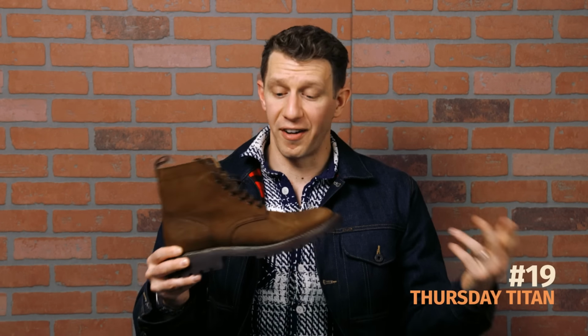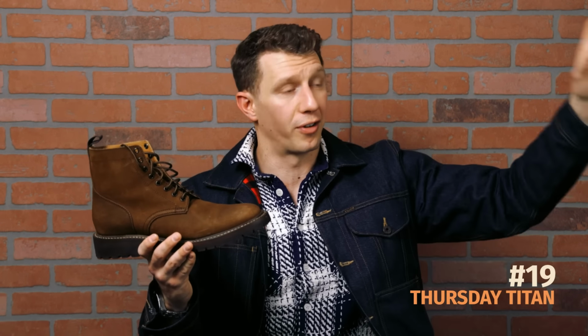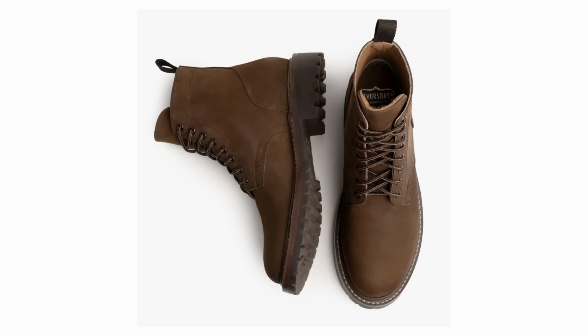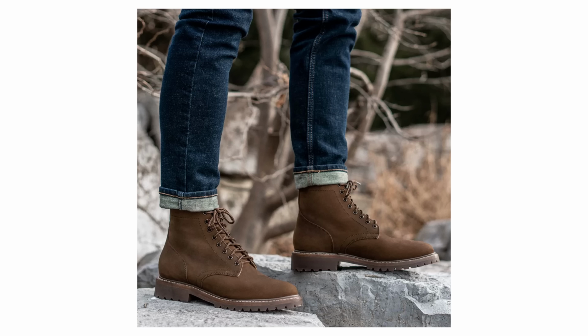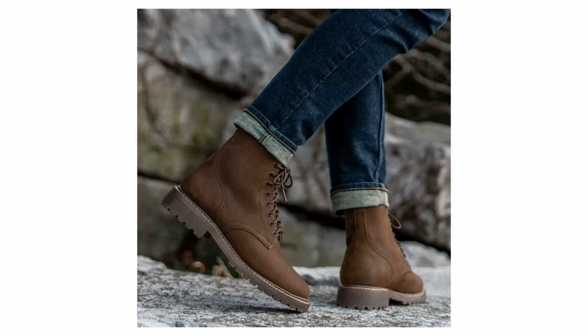Next on my list is a fairly new boot. It's the Thursday Titan, and this has been awesome because it's been raining for like the last week and a half, and having this boot, it's a 360-degree Goodyear storm welt, and this leather is highly water resistant, plus it's got padding on the tongue. This is just a great boot for winter weather,